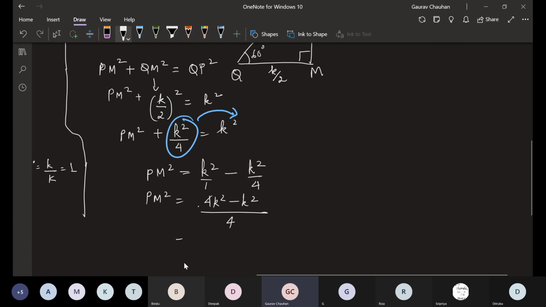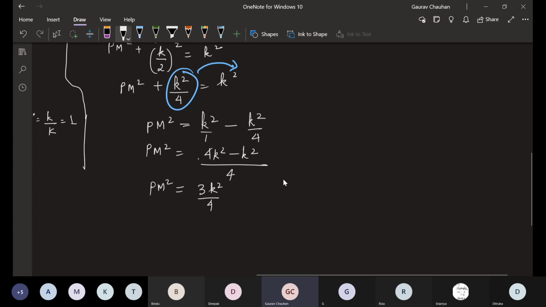Okay. What happens next? G. What comes in the numerator? 4k square minus k square. How much is that? 3k square, sir. 3k square by 4. Now is the time to take root. Let's see, G, if you can answer this question. I have told you a lot of times, actually it is plus and minus, but we have not done quadratic equations. And since we are dealing only with distances, we are taking only the positive root. So positive root of 3k square by 4. Whole thing is under root. Can we do this now? G, question is for you.